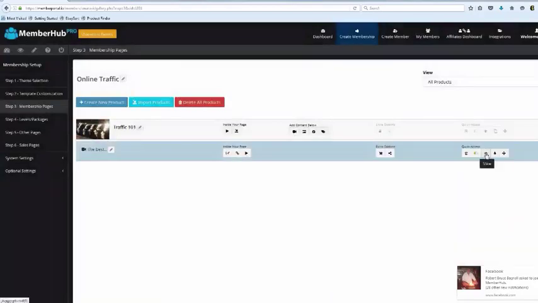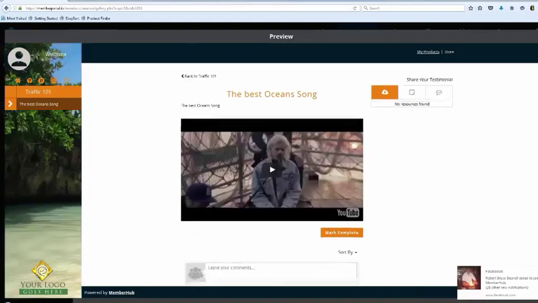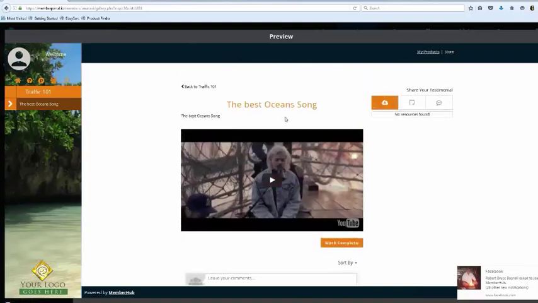And if I come over here and click this View button, guys, now you see that the whole entire module has been built for us. We didn't have to drag in our menus. We didn't have to drag in these icons. We didn't have to drag in a video. We didn't have to drag in the comments. We didn't have to drag in our resources. We didn't have to do none of that crap. You know why? Because it's not going to get you paid. We figured out that we just need to do this for you. We need to make it look good.